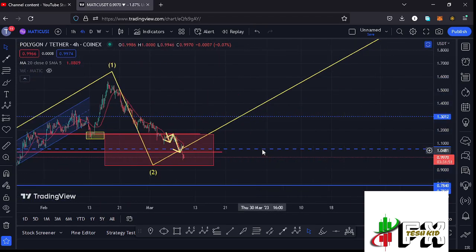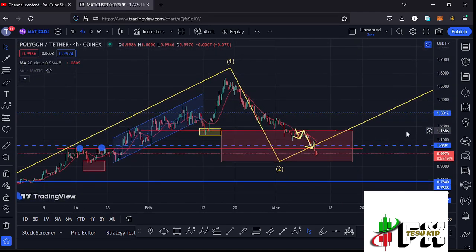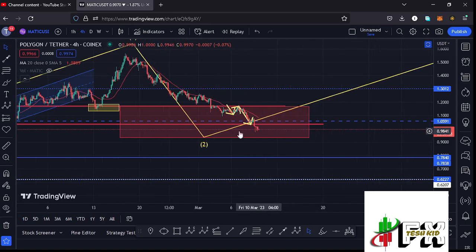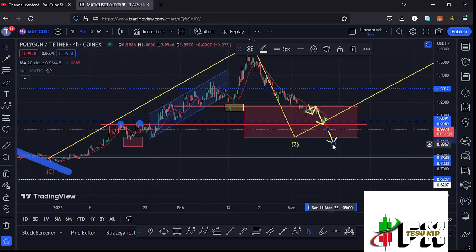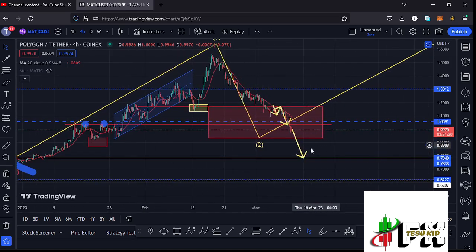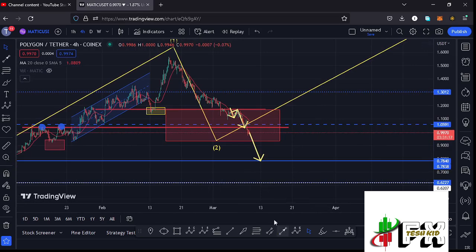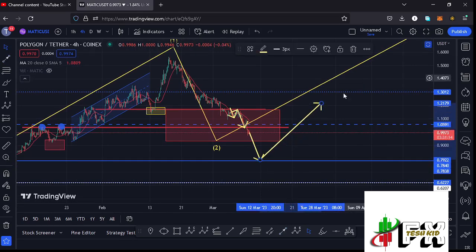But we need to be very cautious with the fib level 0.78, because the moment we lose the fib level 0.78 over here, which is the lower side of this red target area in the formation of that larger Elliott wave count 2, then that will be putting a major challenge on the formation of this second wave to the lower side, and that move could get us to our next key area of support at around the $0.78 mark. And in case we find support over there, then there are chances of seeing a bounce back to the upper side in what could be the start of an impulsive wave to the upper side in the formation of that